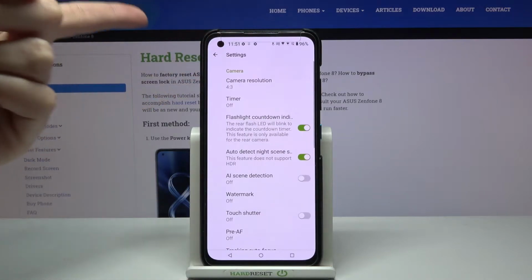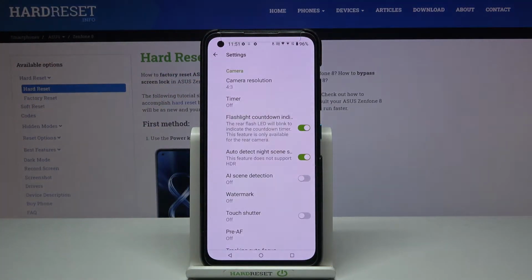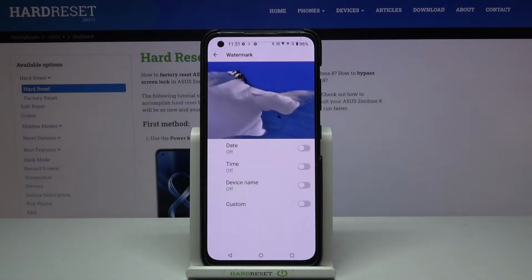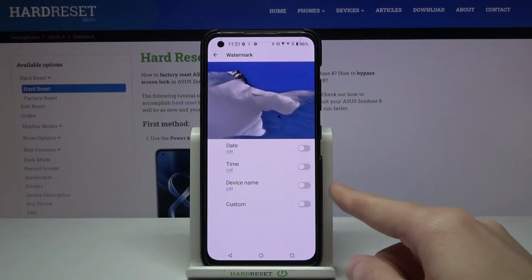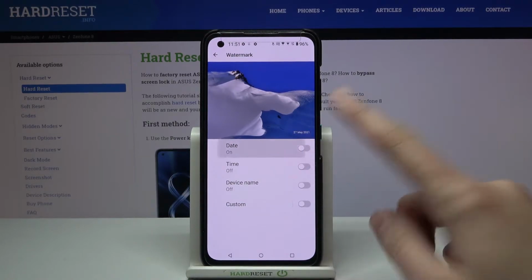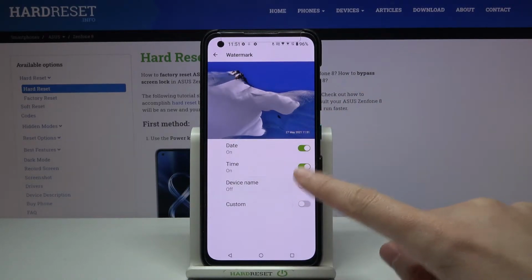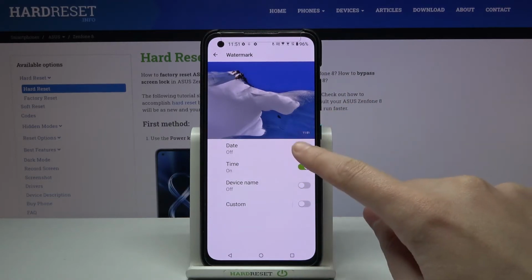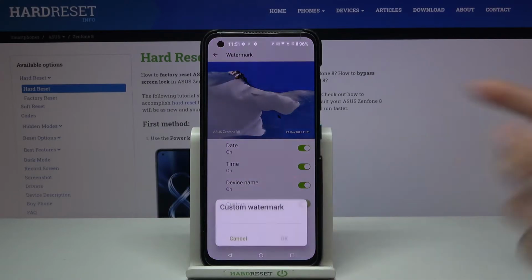When we pick this button we can open the advanced camera settings, and here we have the watermark option, so let's tap on it. Now we can see that we can add 4 watermarks to our picture: the date, time, device name and the custom one. By using buttons from the right we can turn them on and off as we need. As you can see, we can add just one of these, or 2, 3 or 4 at the same time,